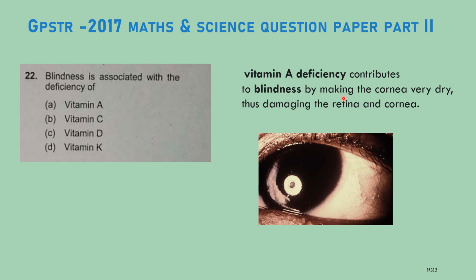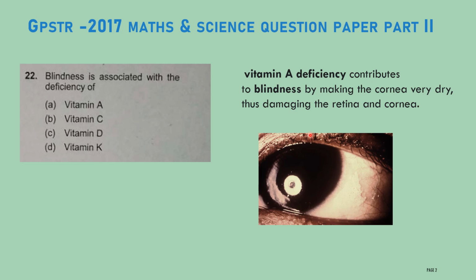Listen here. First, it will dry the cornea. The cornea is a very thin layer of the eye. This cornea helps to focus the light rays, and it also helps to focus the object. If the cornea gets damaged, then you are not able to focus an object. If it is not able to focus properly, then you are not able to get a proper image on the